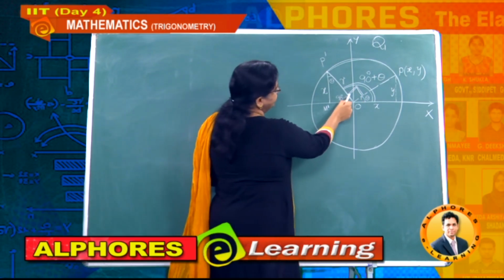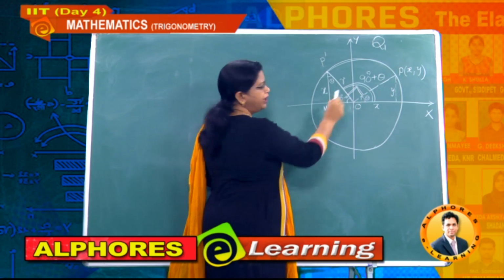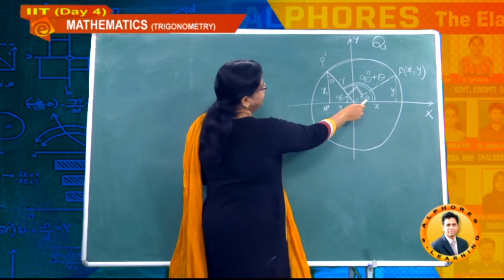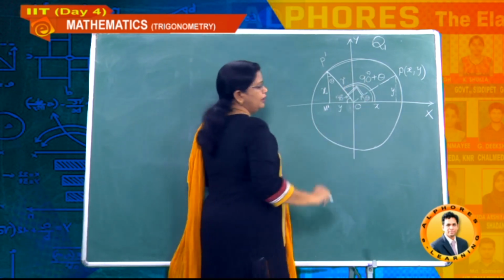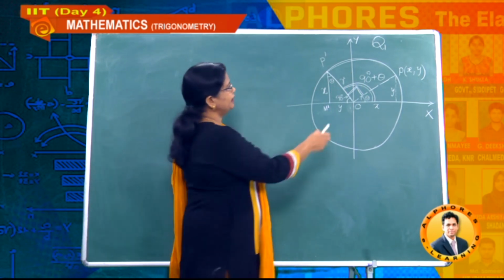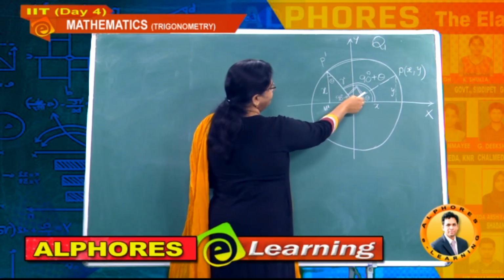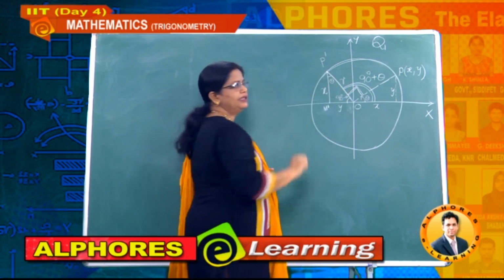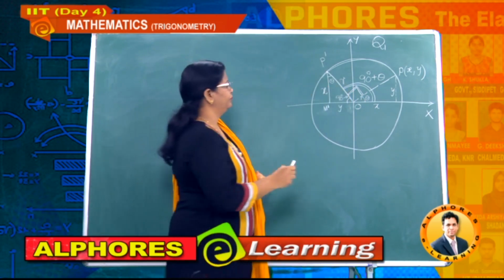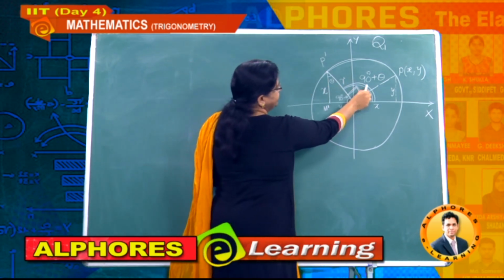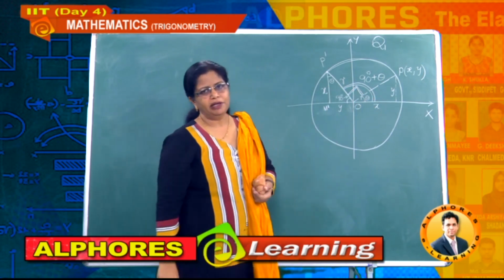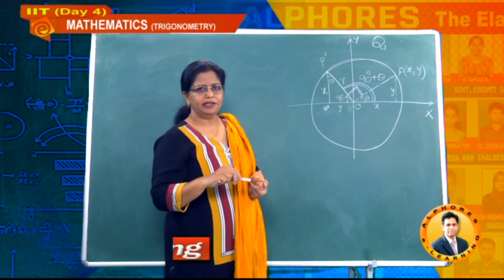Then what is the angle? This is 90, and already you have theta, therefore the total angle you got is how much here? 90 plus theta. Same line we rotated, which implies this is again r only. Now observe here, this is 90 plus theta, and all of you know about the straight line angle, how much is it?